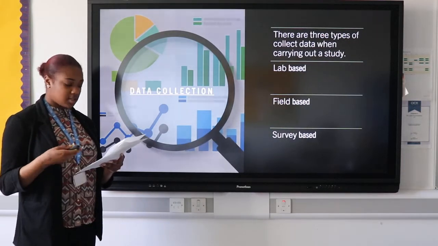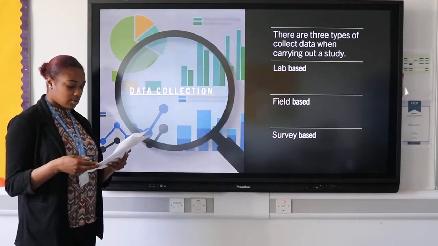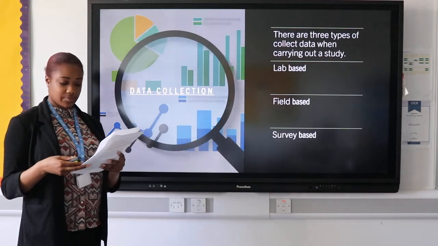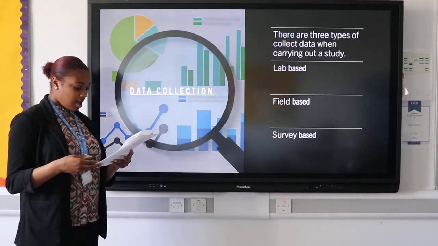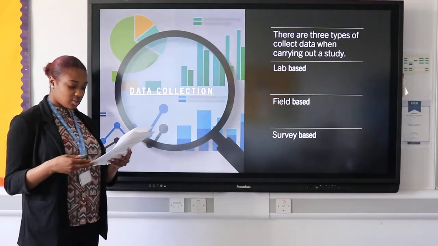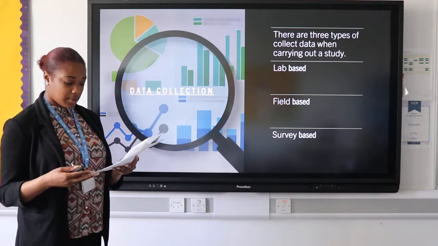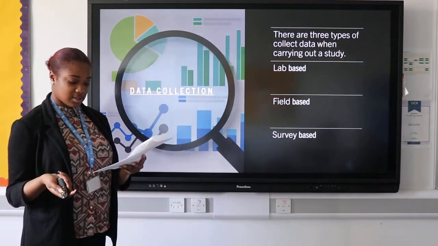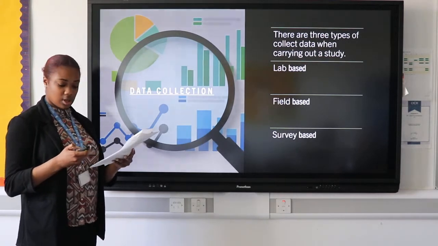My study consisted of field-based data collection. It was held in a 4G astro pitch. I chose this because of the ecological validity, because the astroturf mimics the conditions of an endurance performance runner.